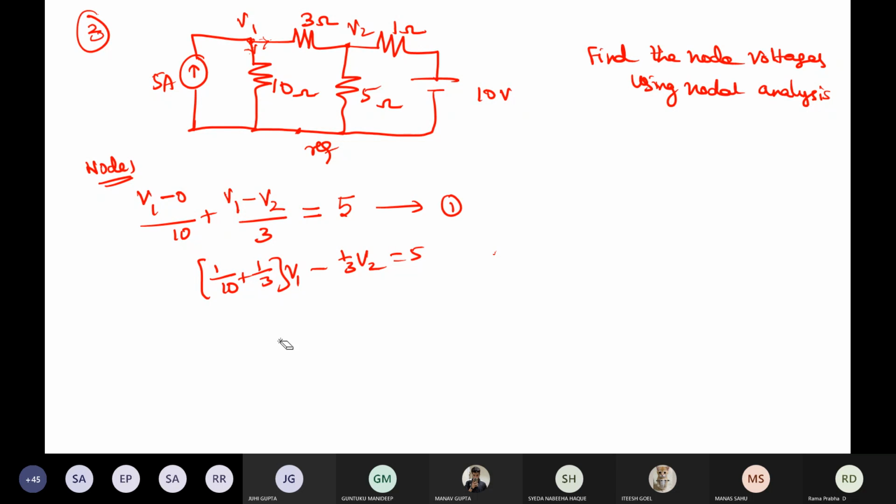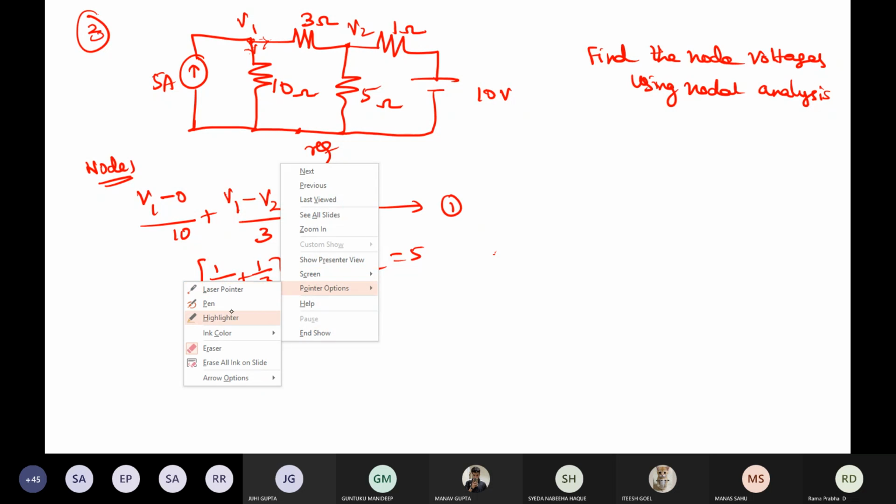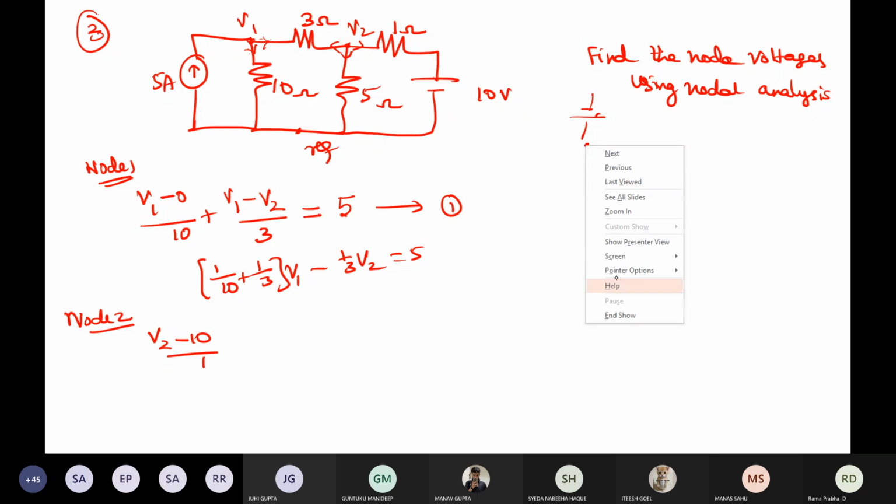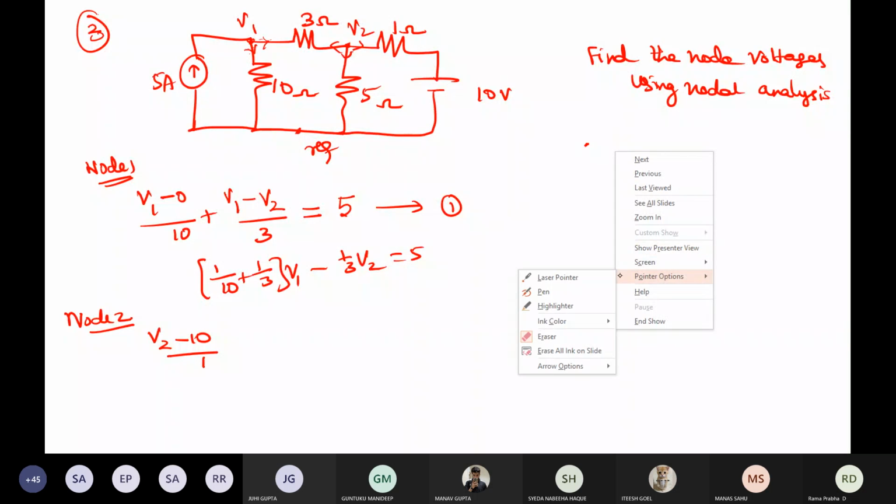It will be V2 minus 10 divided by 1, because everything is only leaving here. All are leaving because we don't have any current source other than the one leaving. But you see this voltage is like this. Instead of this, if I have a voltage like this, then it will be V2 plus 10. You should see the direction properly and write accordingly. Since our direction is like this, it is going to be minus only now. All these things you should consider while doing the problem.